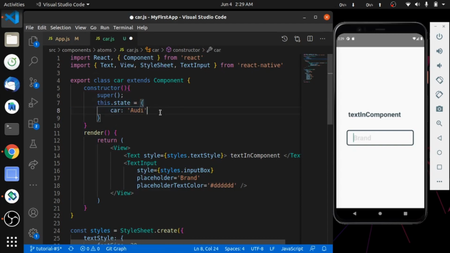Now use this state instead of dummy text. We can use the car variable from this.state here.